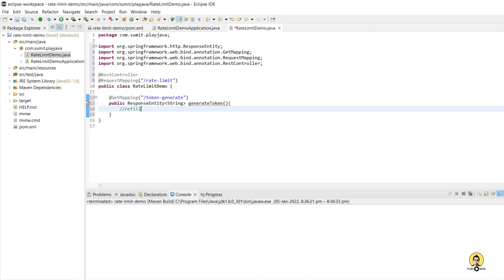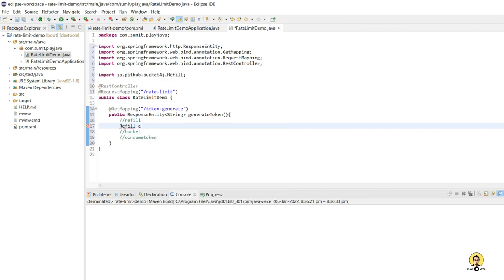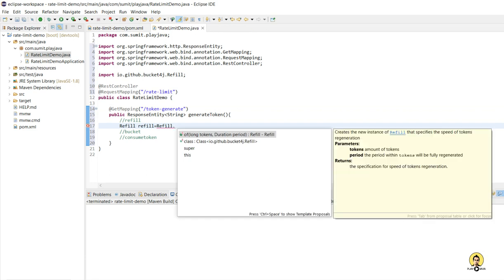So three things come into the picture using the bucket4j library. First is the refill, then the bucket, and how we can consume the token. So refill is the rate at which the token will be filled in the bucket. As you can simply understand, the refill rate is provided in the refill.